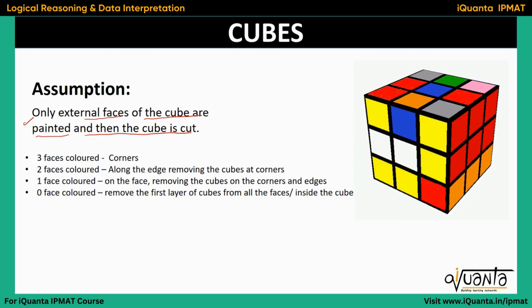So when x cuts are made along the x-axis, y cuts along the y-axis and z cuts along the z-axis, the number of pieces that the cube is divided into becomes (x+1)(y+1)(z+1). And when x = y = z, then we get the maximum number of pieces from a certain number of cuts. If we have 6 cuts and if we evenly distribute 6 into 2 cuts along the x-axis, 2 along the y-axis and 2 along the z-axis, then all the pieces obtained would be cubes. All the smaller pieces would be cubes.